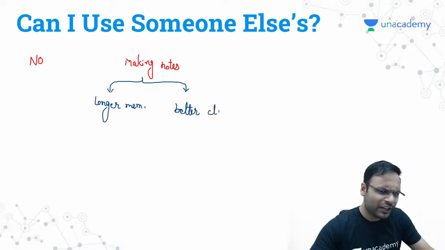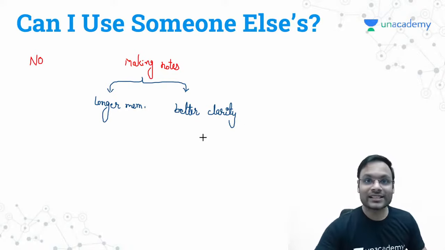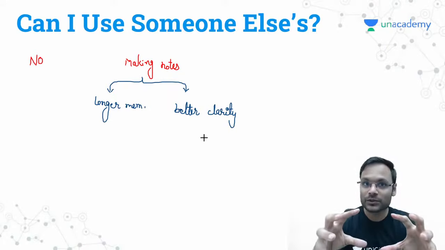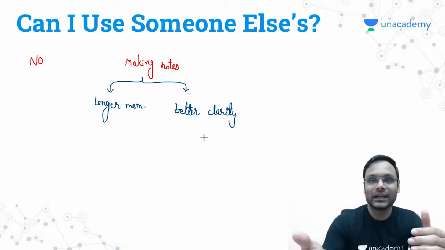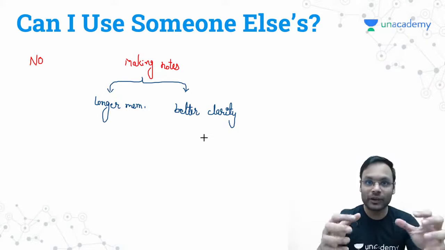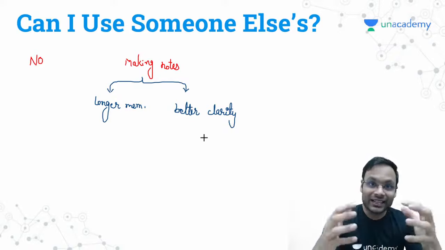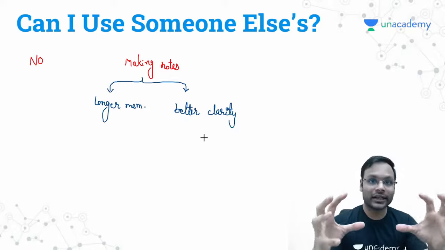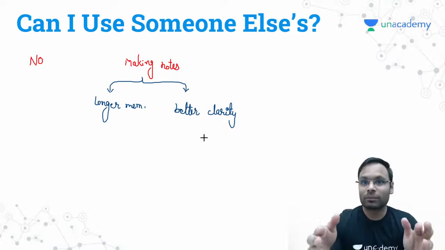Now you will say, sir, we get each and every clarity in the concept when we understand in the class itself. No, dear friend, what you understand is your mind convinces yourself that much only. But there are so many perspectives of each and every topic which you can't understand until you teach it to somebody else. How will you explain that fellow? For that you need a very, very high level of clarity, and that requires a lot of connecting dots. And that dot connection does not come until you teach a particular topic multiple times.